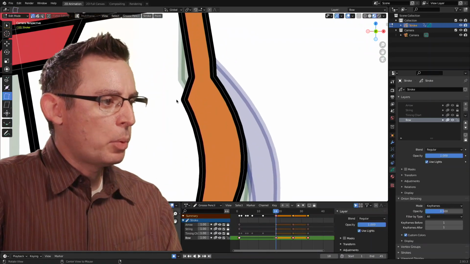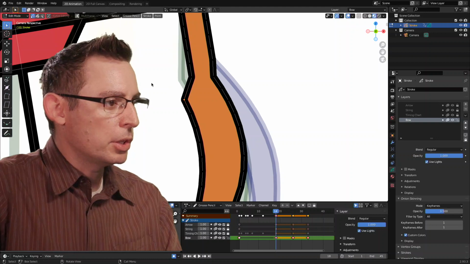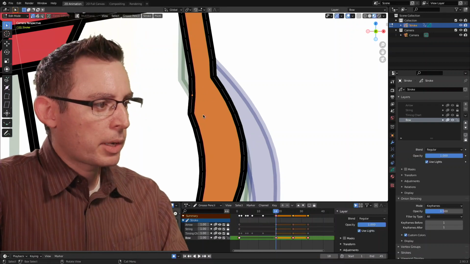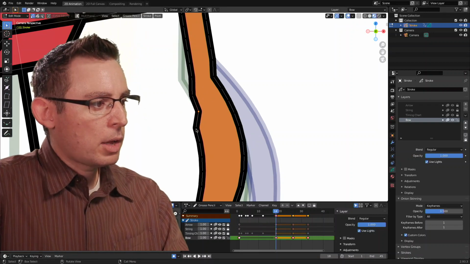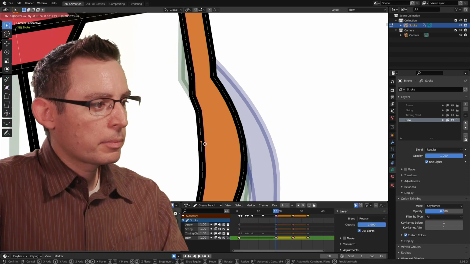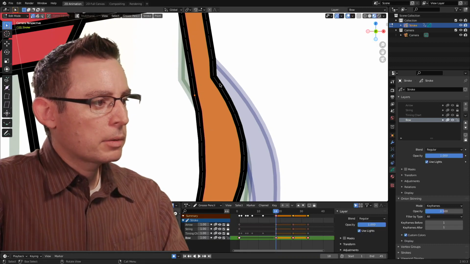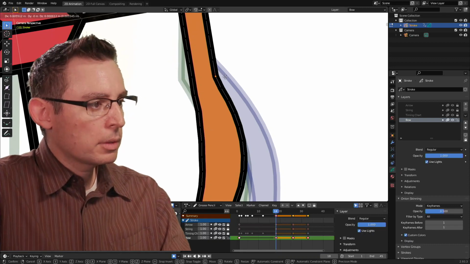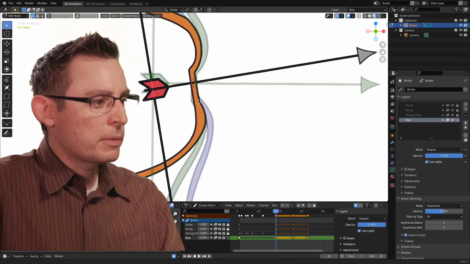Now I have a little bit of point editing in here that I probably should look to do, and that's okay. This is part of the process. I've just kind of lost some of the shape. That's okay. It's only going to be for just a brief second here.